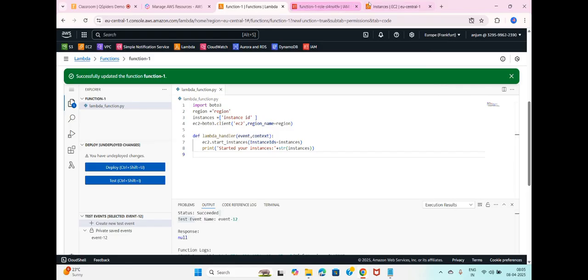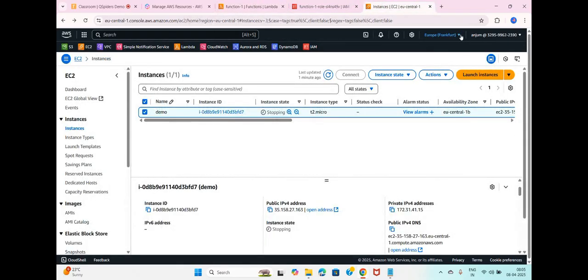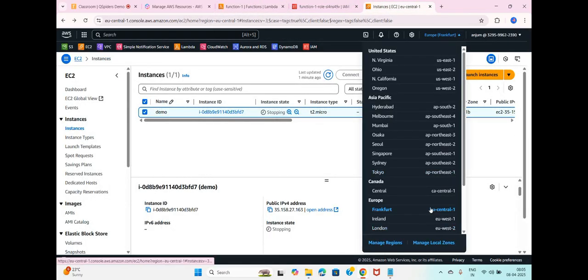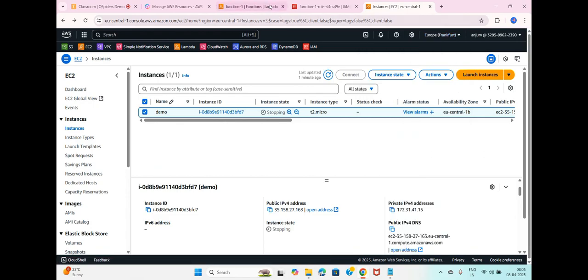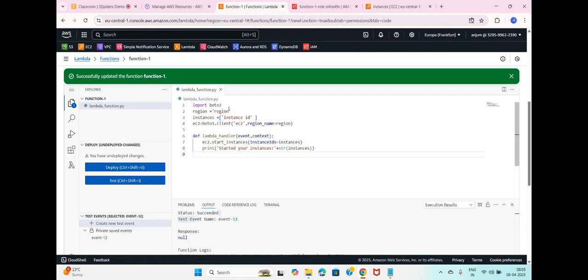and now I'll go back to the instance. I'll copy the region again, copy this, then go to regions and paste it.